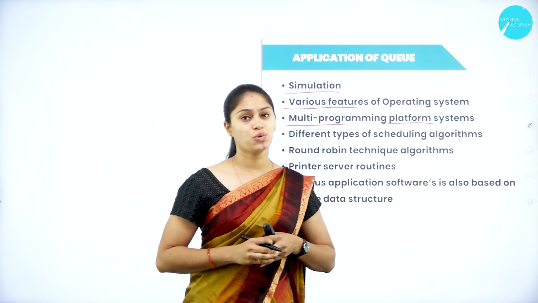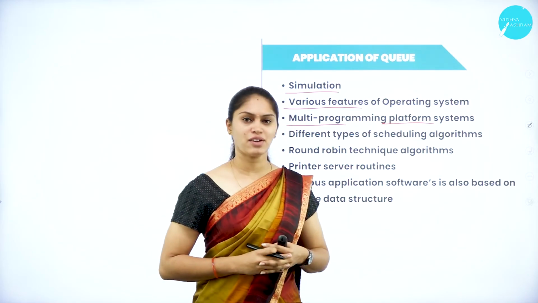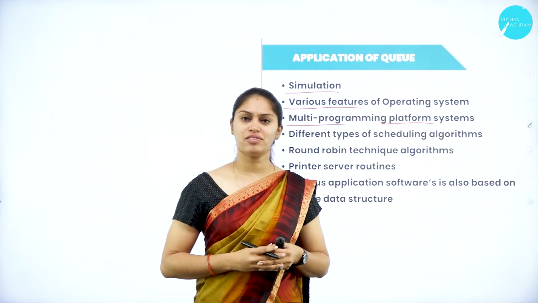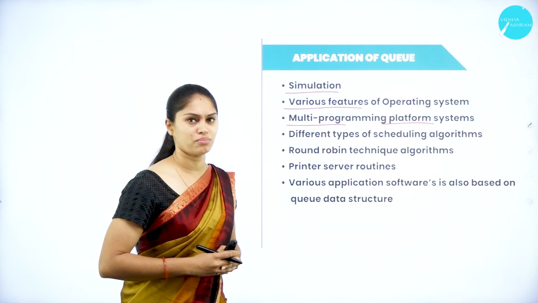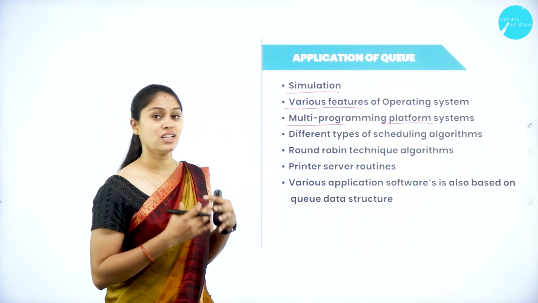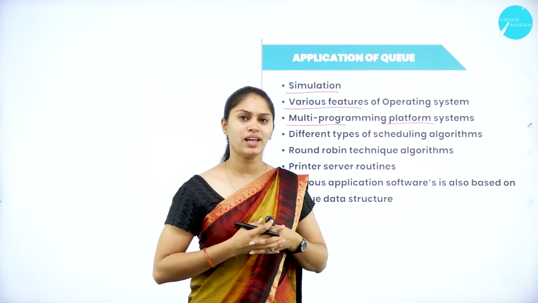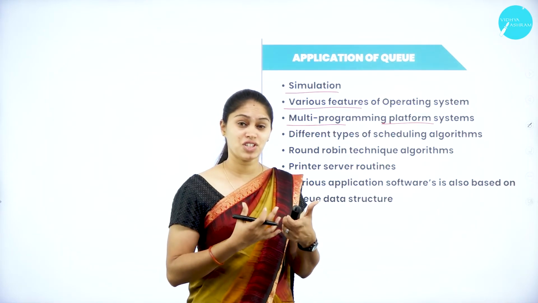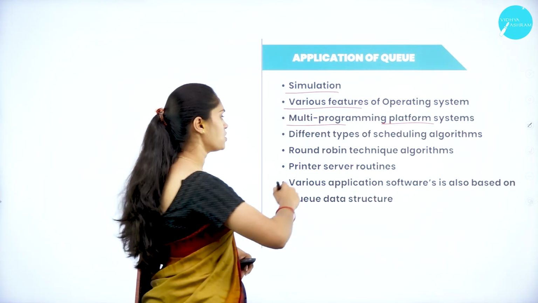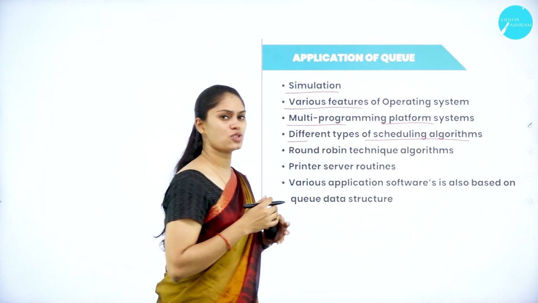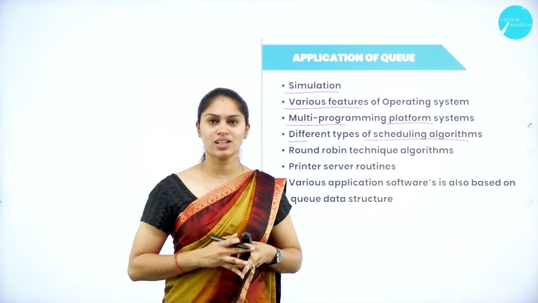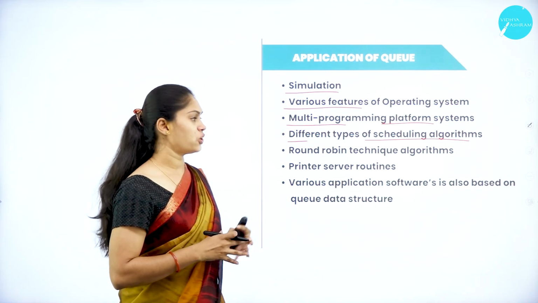We can use the queue concepts in the multi-programming platform system. We have 4 types of queue. By making use of any type of queue, we can get the benefit of this multi-programming platform. It is almost related to our operating system itself. For the scheduling of an instruction to be executed, and to make efficient use of the CPU's time, we use these queue concepts. So there are different types of scheduling algorithms. Mainly, to maintain the CPU's time, we have some scheduling algorithms. For that purpose also, we use the queue concept.